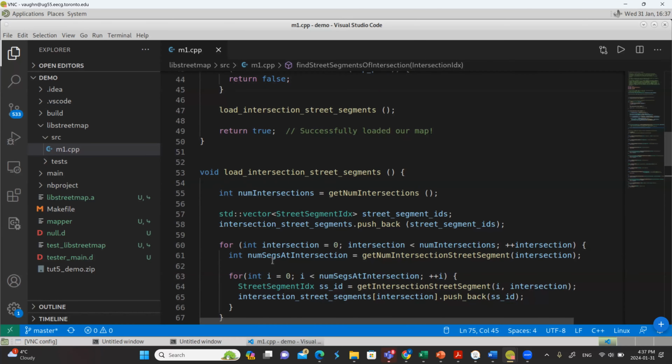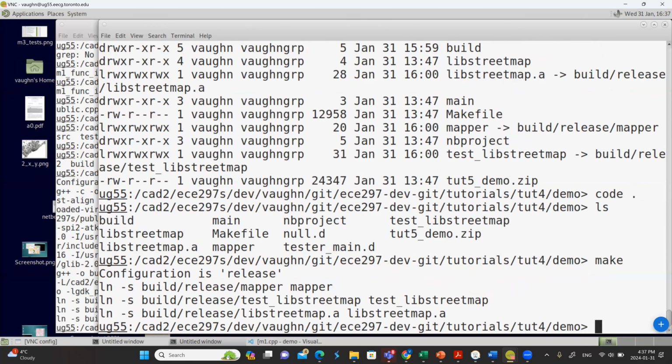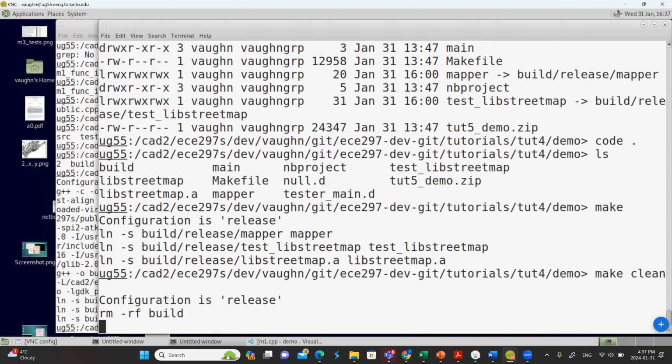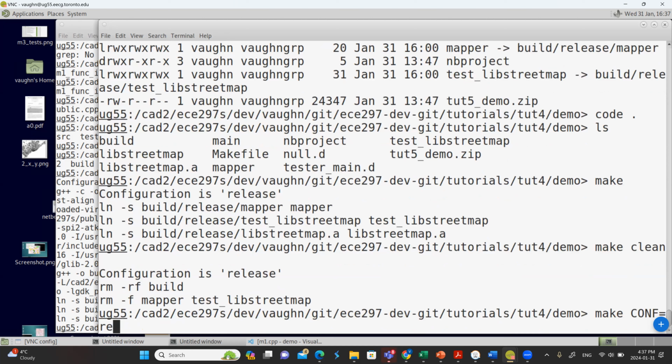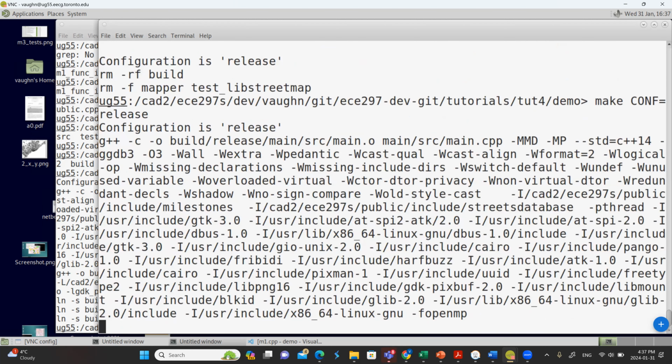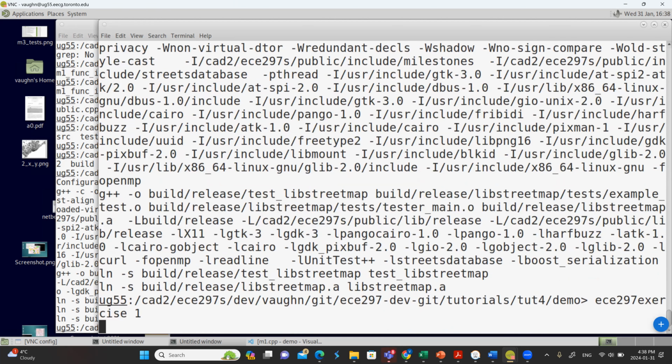Okay, so I'm going to shrink this down because I like to do some things with the command line. So I'm just going to make sure I've got the latest code. Okay, and I do, but I'm just going to make sure I know what build I have. So I'm going to say make conf equals release. Doesn't have to be release, but the release build is the fastest. And I'm going to run exercise. Okay, so I just tell it the milestone number and it's running.